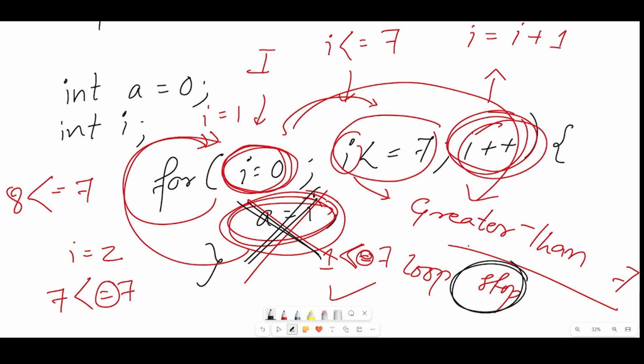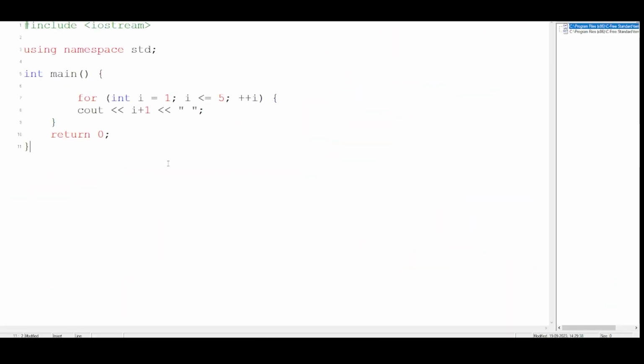That is the concept. Let me show you this with the help of a program so that it becomes much clearer. As you can see, I have a program over here. You have a for loop, and I have initialized the variable int i inside it. You can also write int i at the top and initialize the variable there. Now see here, i is starting from 1, i is less than or equal to 5, and i plus plus, or plus plus i. Remember, there is not much of a difference between these, which you have learned in the operator section. This is the condition, fine. And I'm printing i plus 1. Now if I run this code, the very first thing that will happen is i is equal to 1.